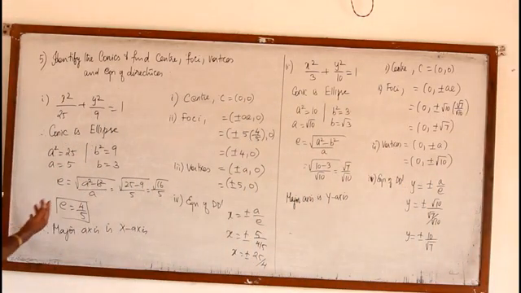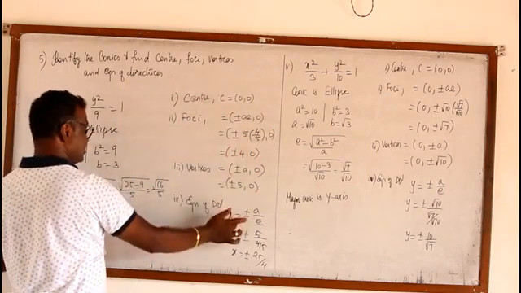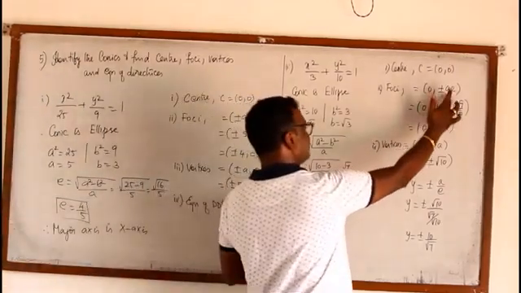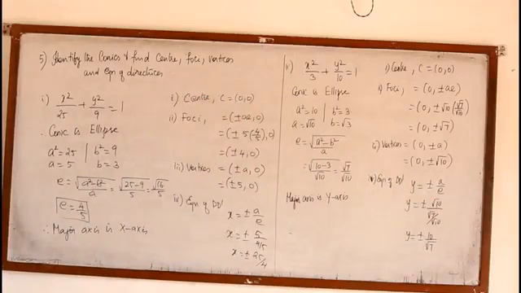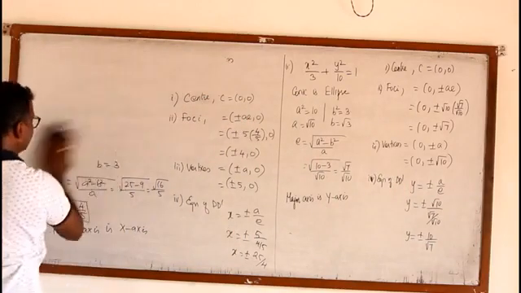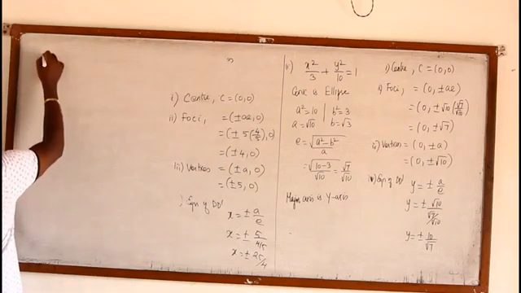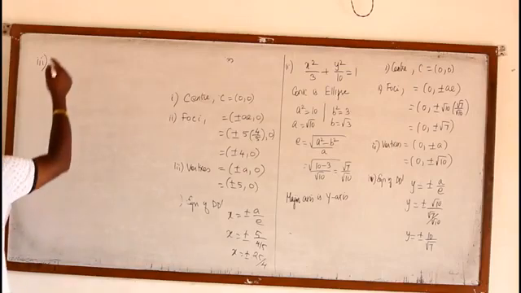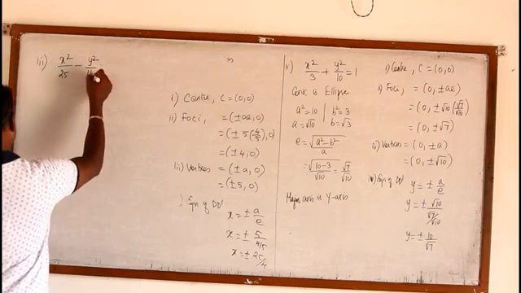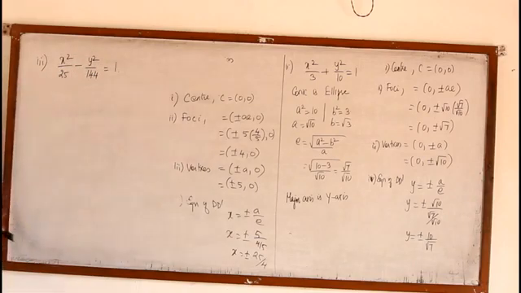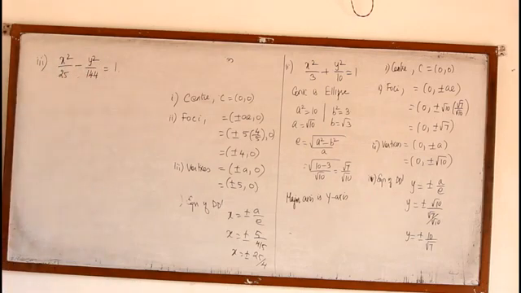So hope you will be identifying the distinction between them. Major axis x axis means all the terms should be coming for x. Major axis y axis means all the values should be coming for y. Now, third one. X square by 25 minus y square by 144 equal to 1. Here, it is of the form x square by a square minus y square by b square, therefore the conic